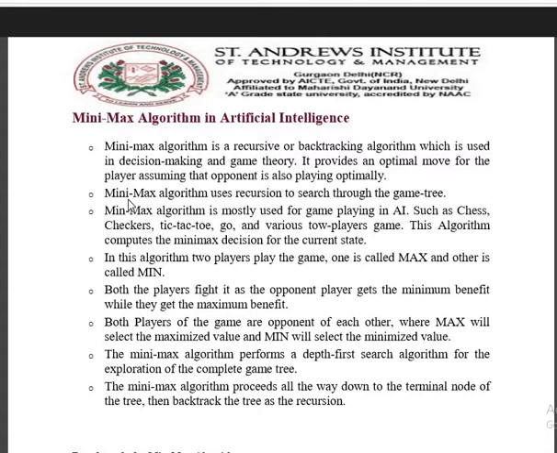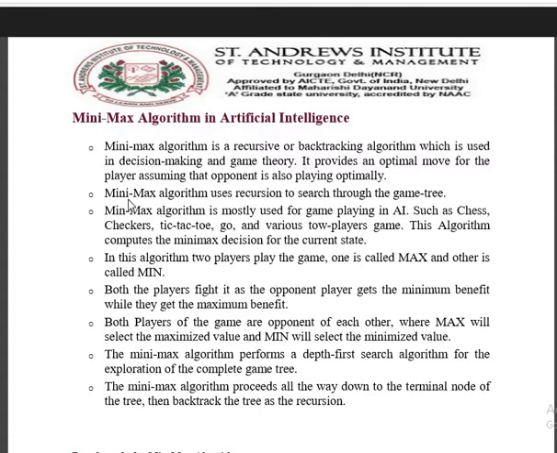Utility in the sense, suppose we are taking many moves in the game, so for every move we get some reward points. So utility is the reward point that is mentioned at the root level. One example I will also be showing here. So backtracking is very important when we talk about the mini-max algorithm.